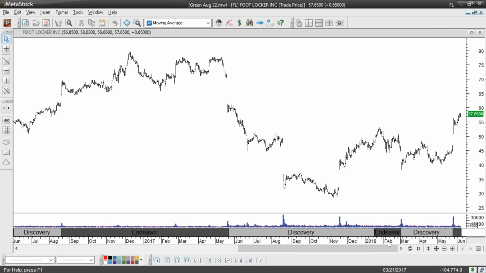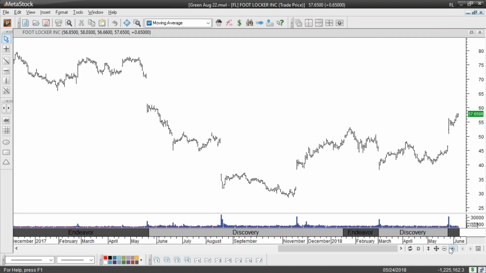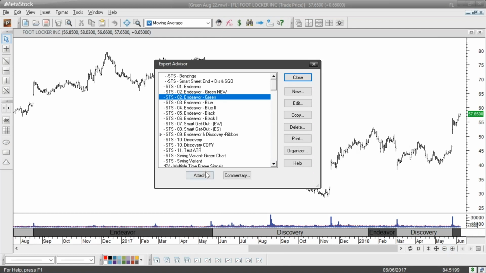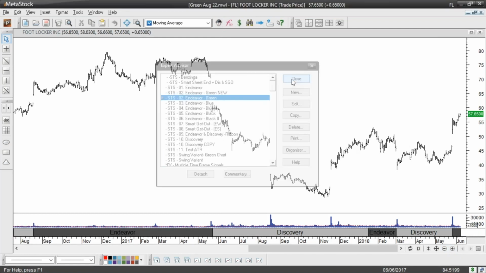starting in 2017 into 2018, this stock has gotten incredibly gappy, right? We get 1 here, that's 2, then 3, and now 4, and we've pushed up from this most recent gap. That's not exactly what I want to see when I'm putting my money in a long-term trade. I don't love the fact that it has these very large gaps, but that's only part of my analysis. So let's come up, let's apply our green, attach, close,